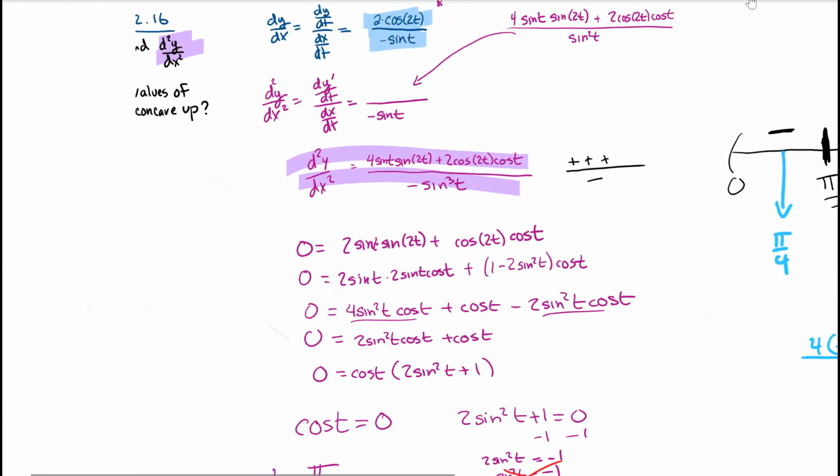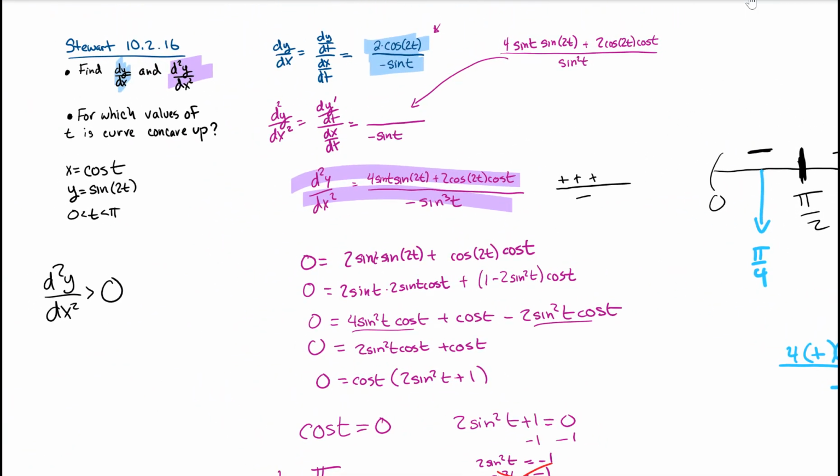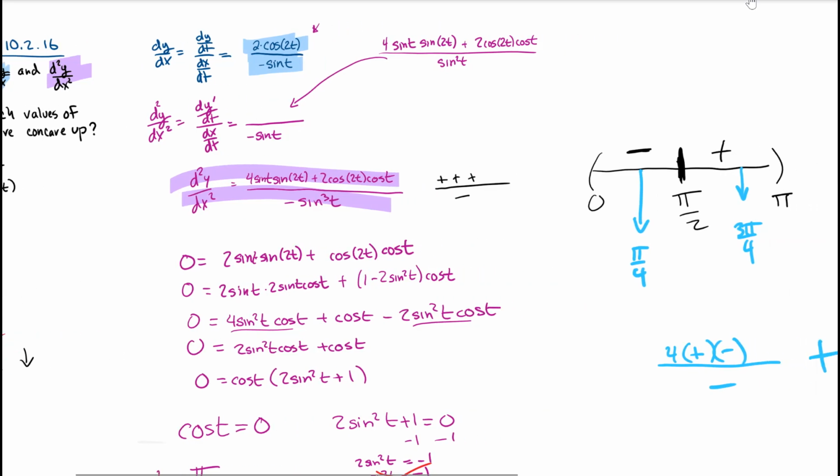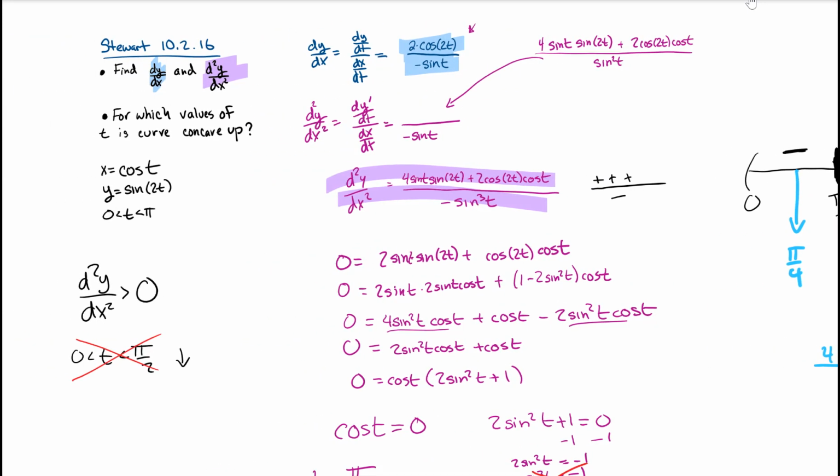That was pretty quick. So we are going to say that when our t values are between 0 and pi over 2, it's going to be concave down. So that's not the solution we want. We wanted to know where it's above. So that's going to be from pi over 2 to pi. And that will be our